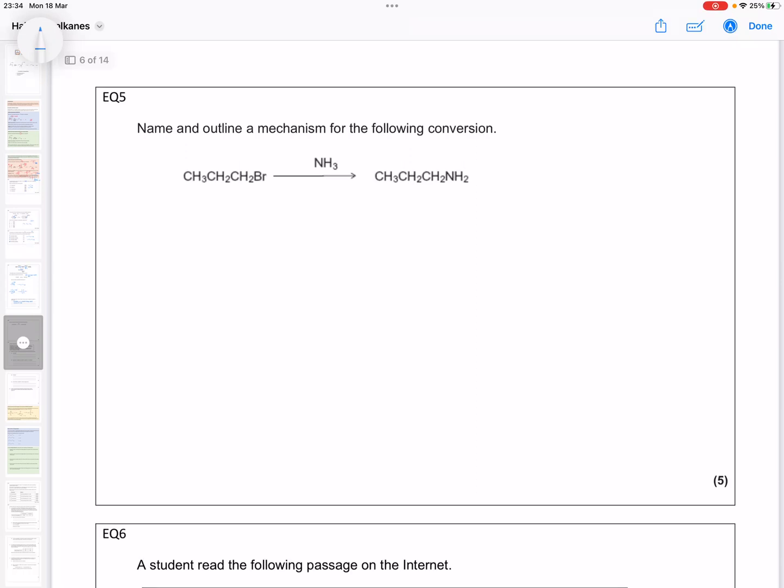The mechanism with ammonia is a bit more complicated, and that's because it's a neutral nucleophile, and so it goes via a two-step process, starting as always with the lone pair on the nucleophile, which is attracted to the delta positive carbon, breaking that bond. But this time we get some additional marks for the intermediate, which has a positive charge on the ammonia,